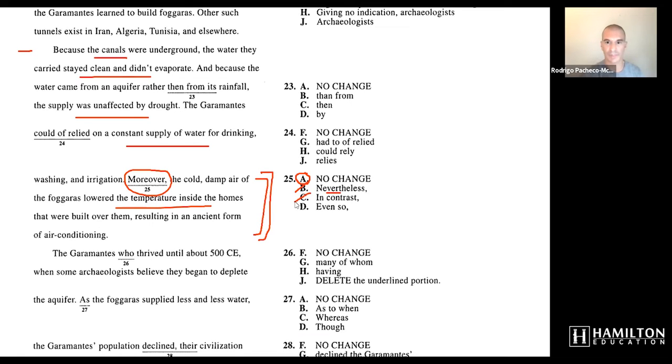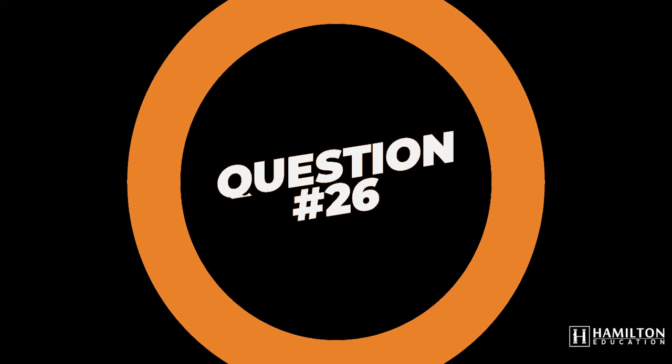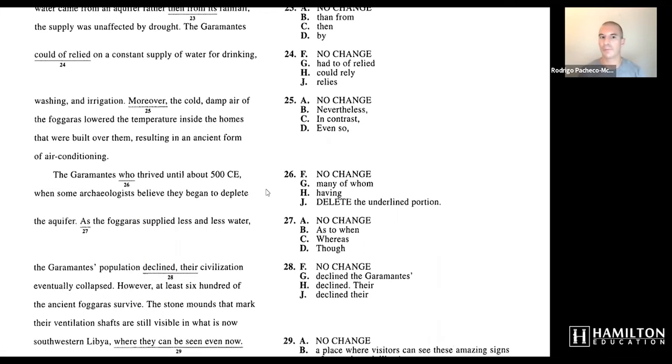We can also eliminate C. And D, even so, we might use this for a concession as well, right? And as we mentioned, we don't have a concession here. This is additional information. Question 26 is a pronoun question, but here we have to think very carefully about sentence